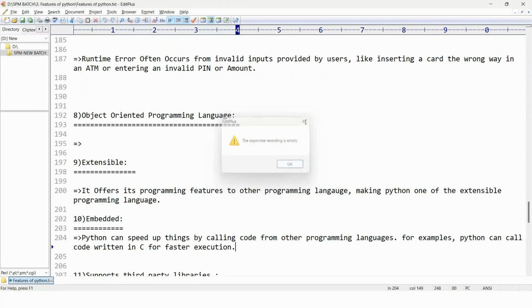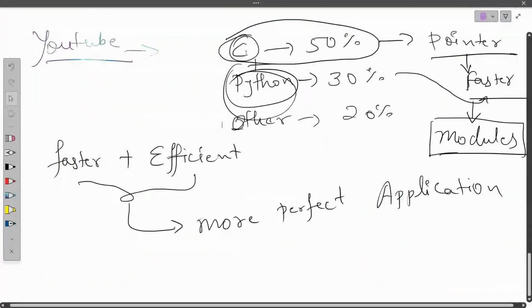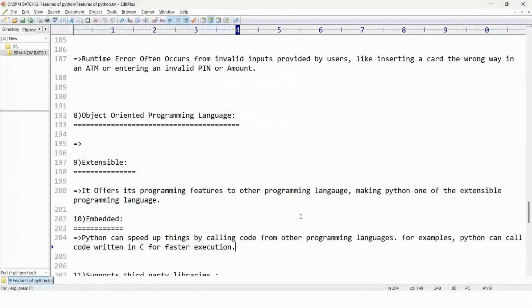That means Python programming is giving some of its facilities to C programming as well, so that if I work together with C and Python, my application will be more efficient, making Python one of the extensible programming languages.